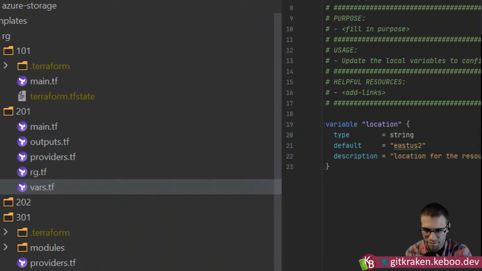But one of the things that is the great thing about Terraform, but also can be a little maddening when you're first trying to learn it, especially for a person like me that's more infrastructure, that's trying to become more DevOps, is like I need some sort of framework to hang my head around, right? And even these names like main, output, RG, vars, main looks to me like, oh wow, I'm writing C from back in the day, right? Like that must have been where that came from, maybe. But it doesn't have to be that.